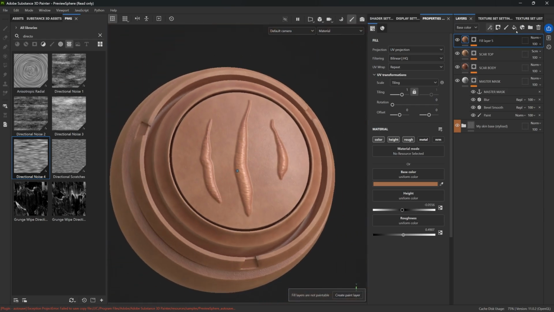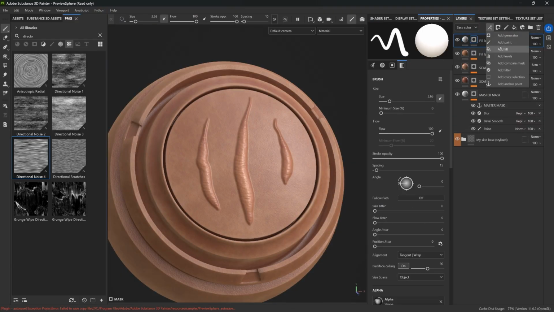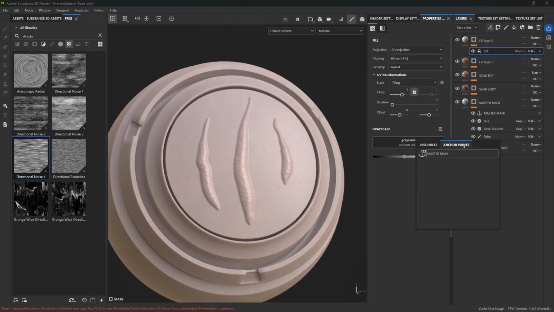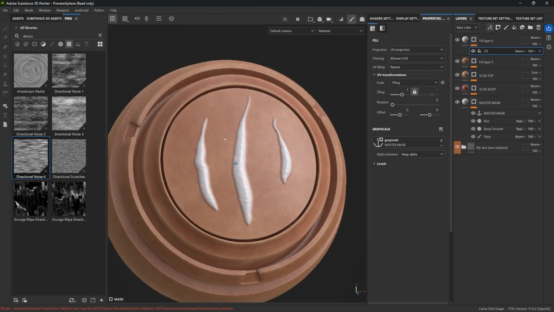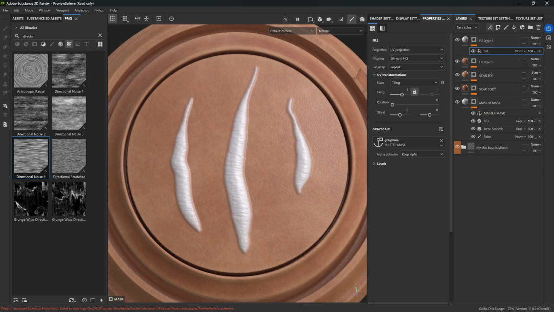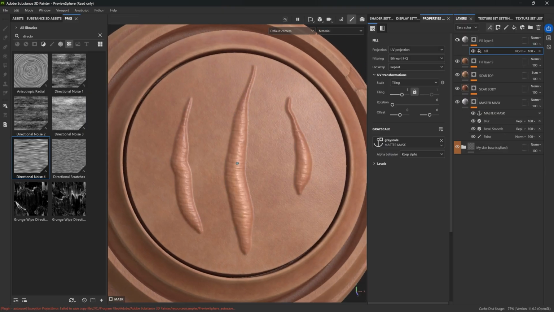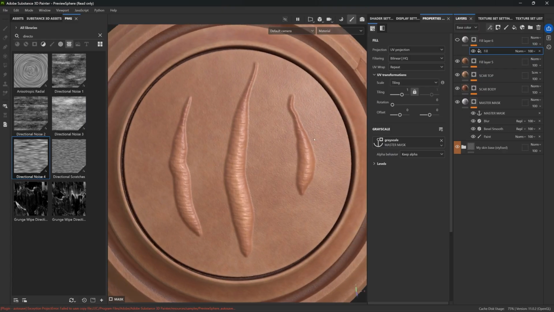And finally, we can go ahead and do another layer. So let's just create a new fill layer, and let's go ahead and add a black mask. Same thing, repeating the same process, add fill. Let's connect our anchor point. There we go. So now we're referencing that same effect once more. But this time, what I want to do is create a little bit of redness around these scars. So it's kind of like the damage around those scars, because right now, even though it looks like a scar, I think it's a little bit clean, and I want to be able to really damage the skin around